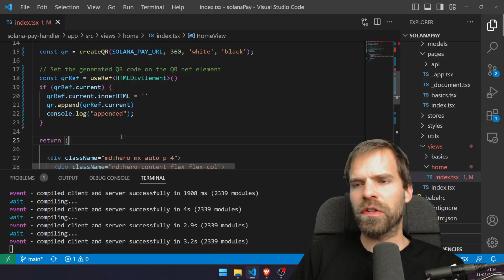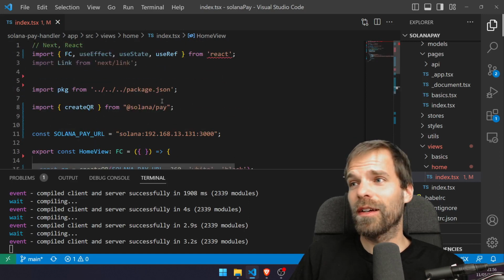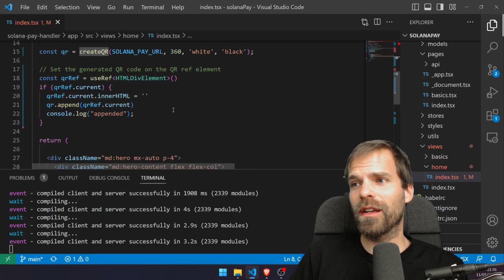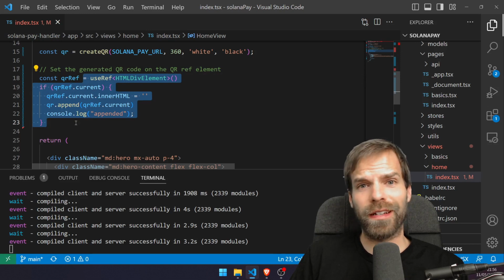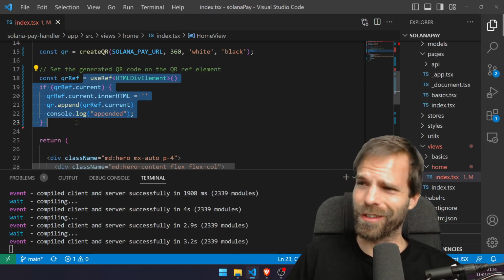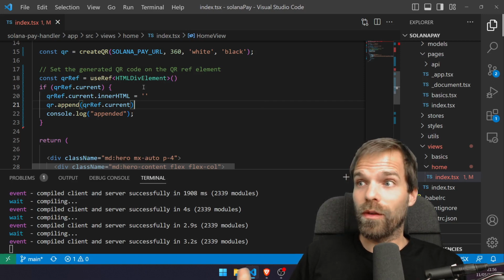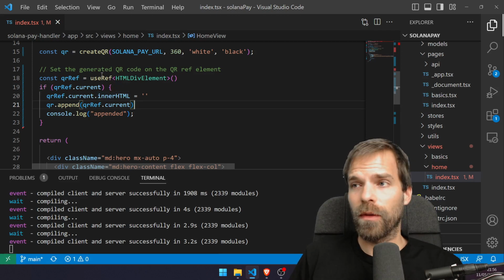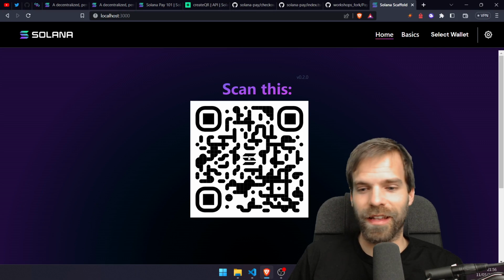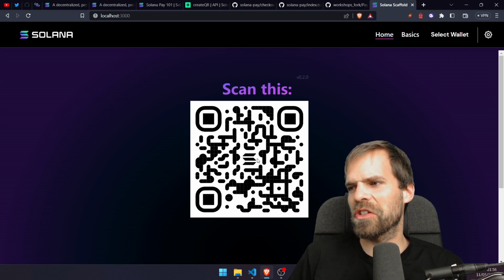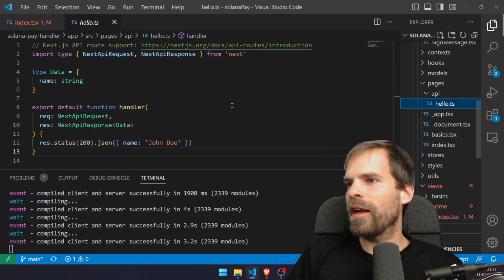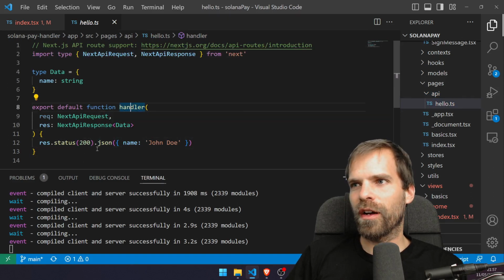So the QR code generation wasn't even that hard. I expected that to be a bit more difficult, but hey. We just have a create QR in there and then need to do something that I don't quite understand, but just copying code, what could possibly go wrong, right? It's also not the most important part, because it doesn't matter how we get the link to the wallet. QR codes are one possibility, and you can use any QR code library. If we use this one, it's nice because it has the nice Solana logo in the middle and just looks cool. So let's go to our API and modify our handler,